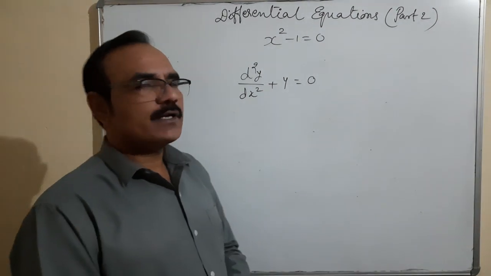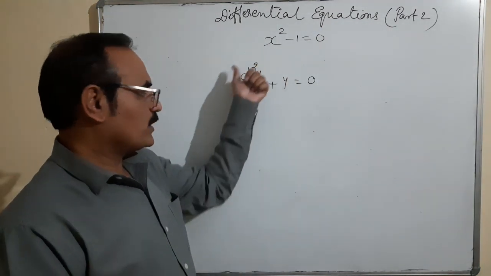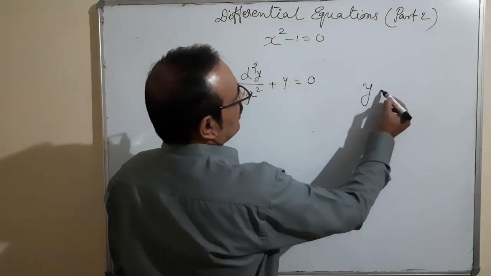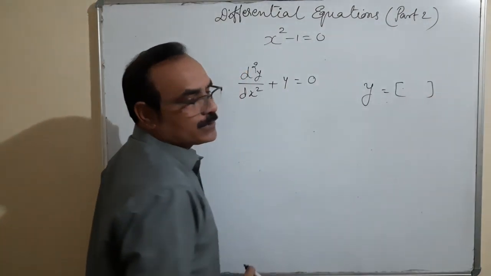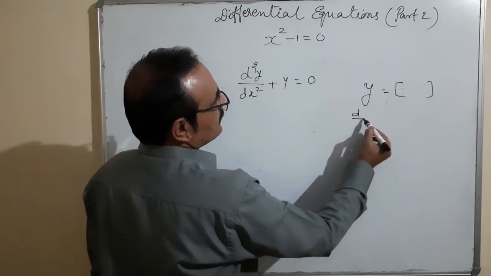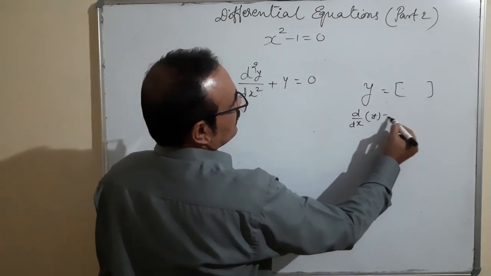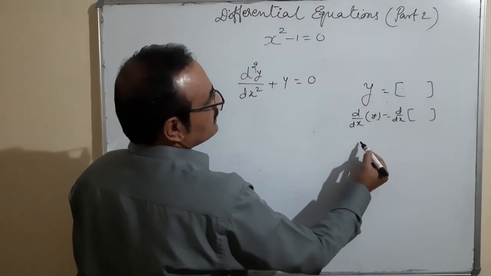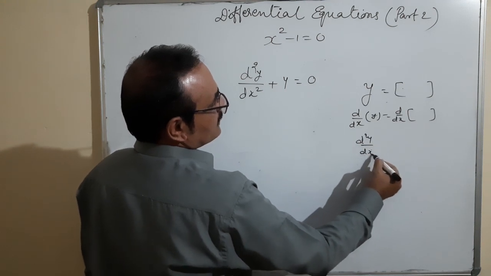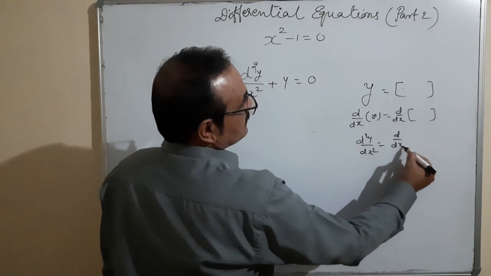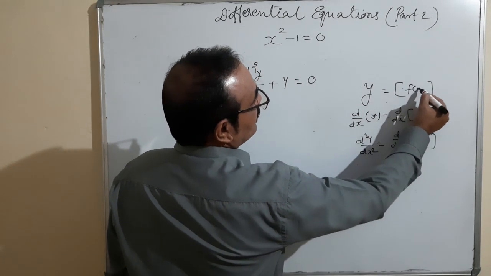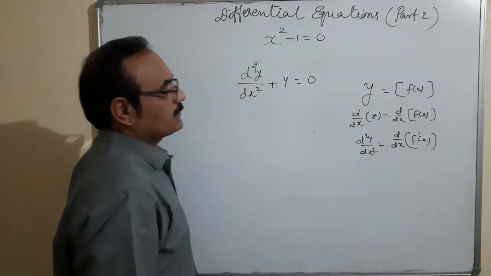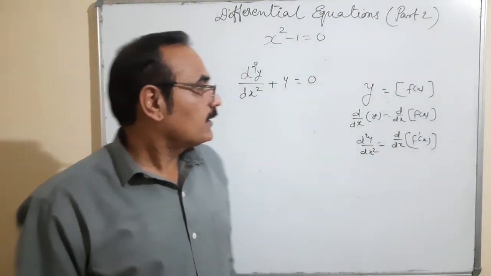For finding the solution of a differential equation, we have to understand what it is. It is the second order derivative of y. So y is equal to whatever function is given. We differentiate once, with respect to x, to get dy by dx. Differentiating again gives d square y by dx square. Suppose the function is f of x, then we get f dash x, and so on.